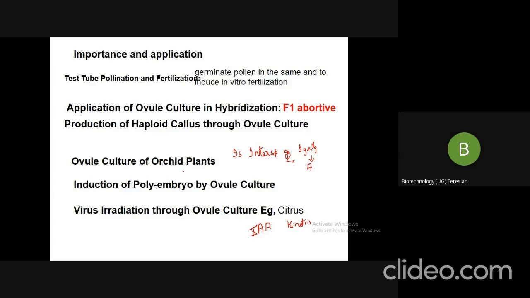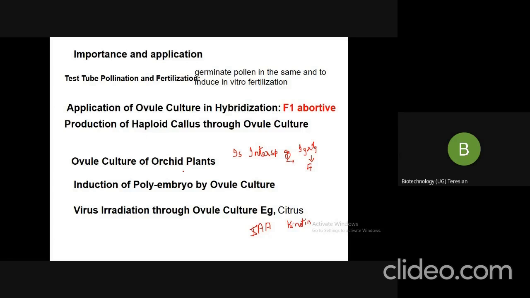Besides, one more problem with this orchid, as you must have noticed if you have this plant, the seed capsule of many orchids takes a long time to mature. So to overcome such problems, several attempts have been made to culture the fertilized ovule of orchid in vitro. So I'll take a fertilized ovule of the orchid plant and develop it in vitro, so that the association with the proper fungus is not needed, and the long time taken to maturity can be reduced.